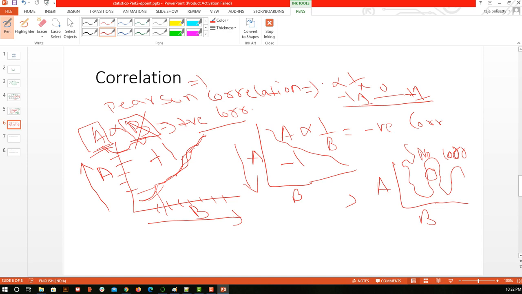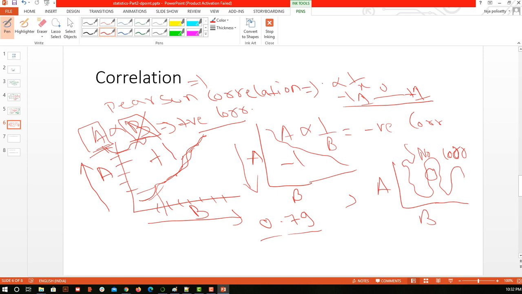So the closer we are to 0, the less relation we have. The closer we are to +1, the more positively related our attributes are, and the closer we are to -1, the more inversely proportional the relation is. So you can pause and try to answer what is the relation when we have something like 0.79. If this is my Pearson correlation, what is the interpretation? Since 0.79 is close to +1, I can say that it is positively correlated but not perfectly correlated. So this is how we find the correlation.